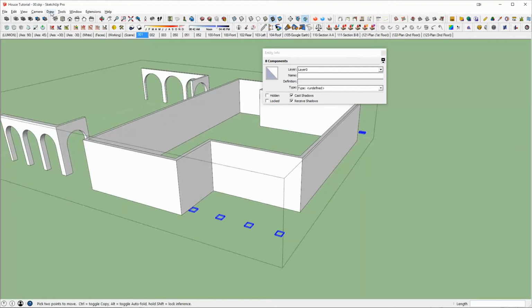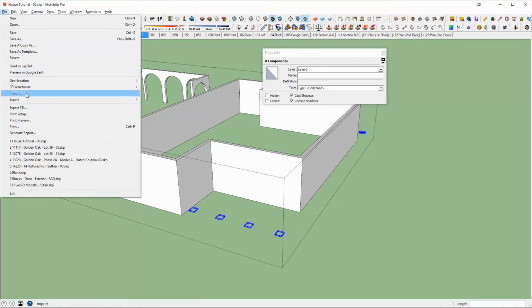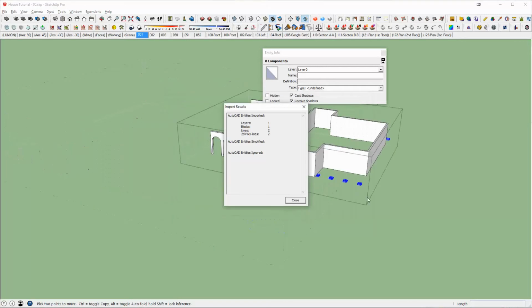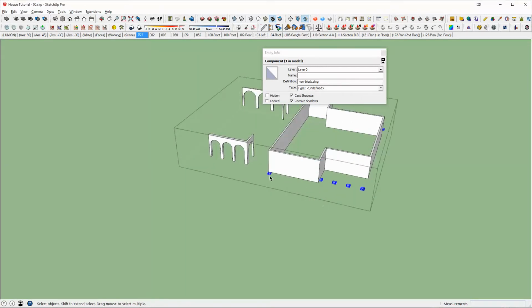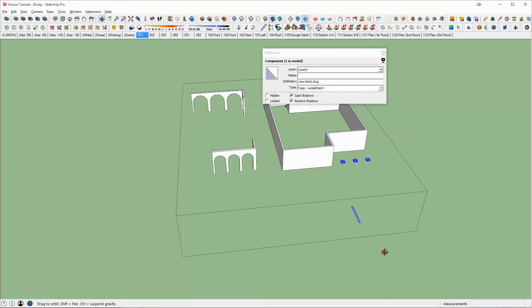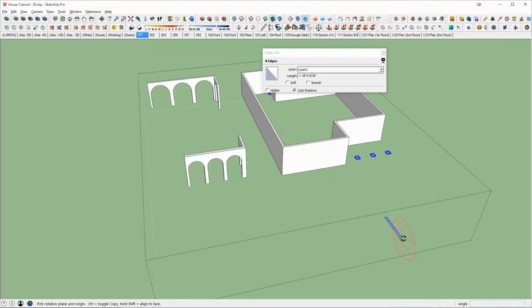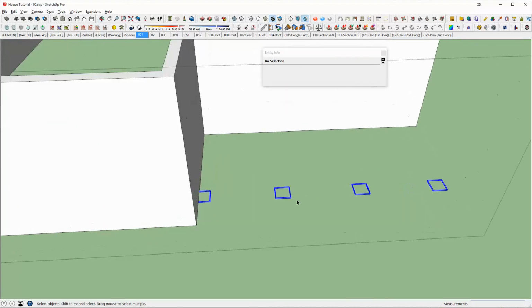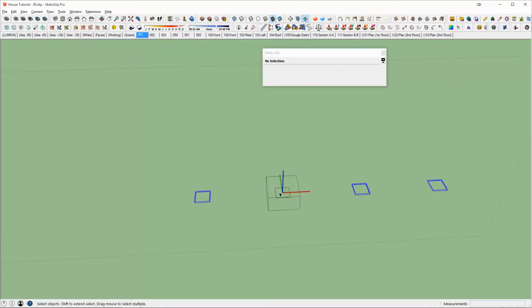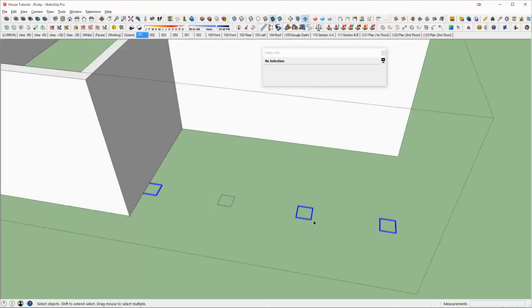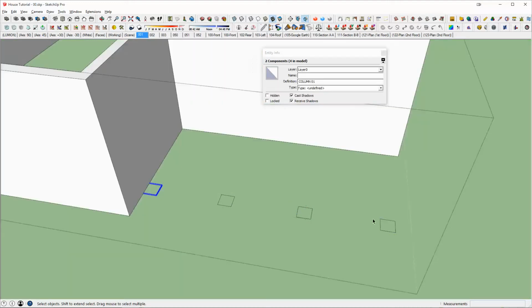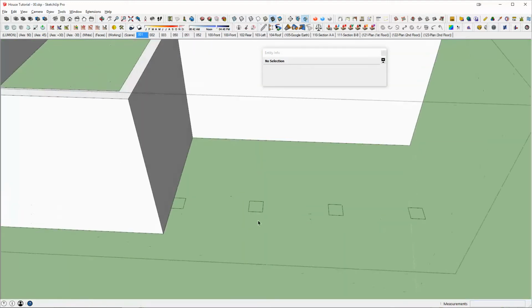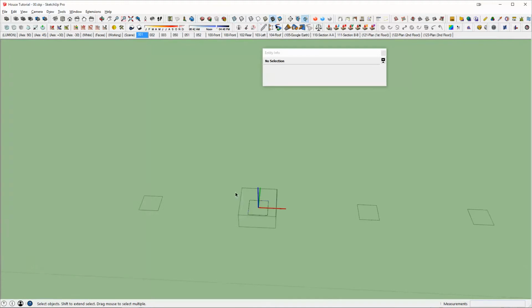Now what I want to do is go File, Import, and we're going to grab the profile we had just grabbed. I'm going to explode it and rotate it, and I'm going to cut it. Because by having made these a block inside of AutoCAD, when I bring them into SketchUp, they automatically create components in SketchUp, which is a very helpful tool. So you'll see that if I create this,